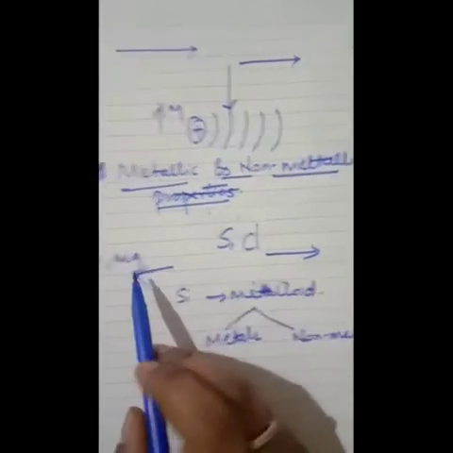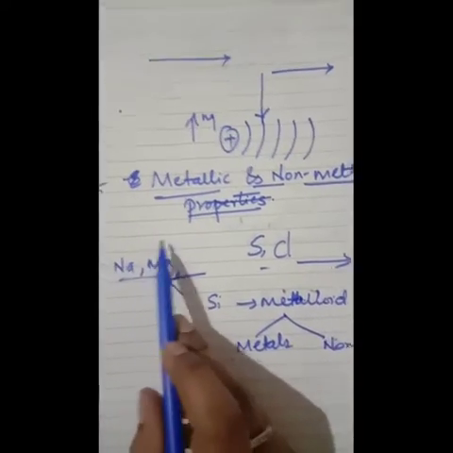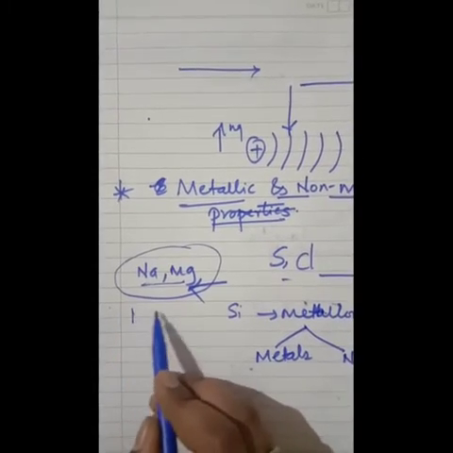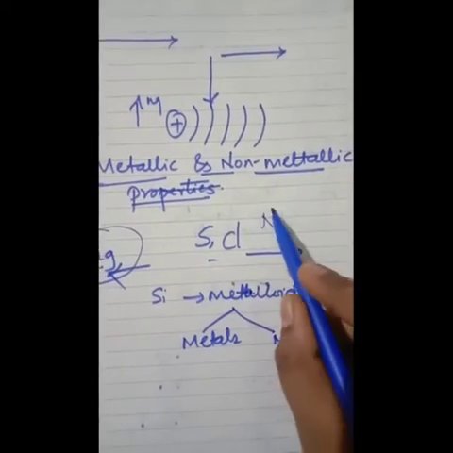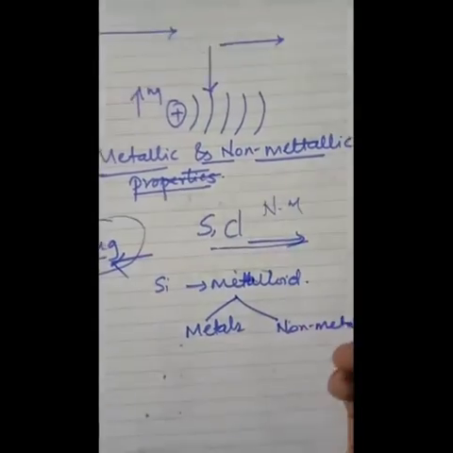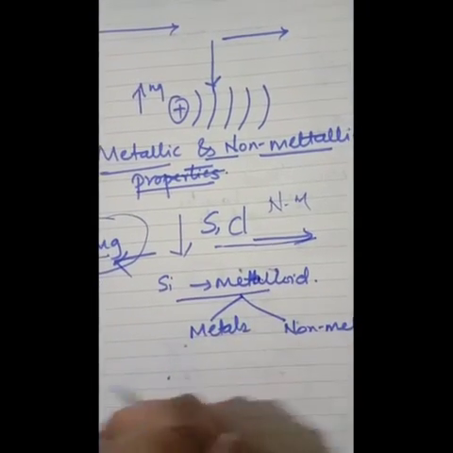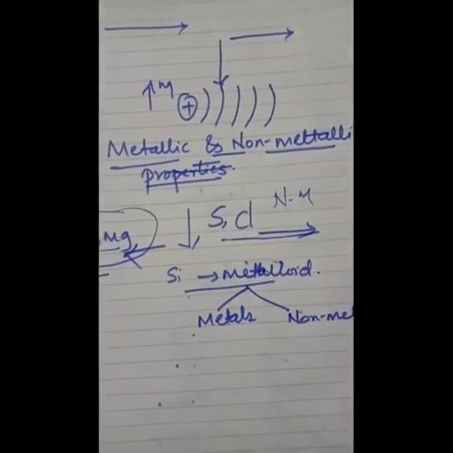I was explaining metallic and non-metallic properties. There are a few metals placed on the left hand side of the periodic table, and a few non-metals placed on the right hand side, like sulfur and chlorine, and in between there is a space, so the metalloids will be placed there because they act like both metals as well as